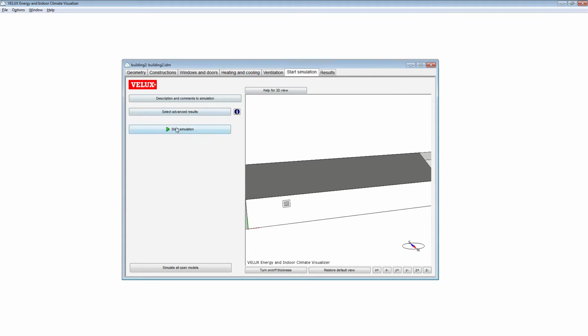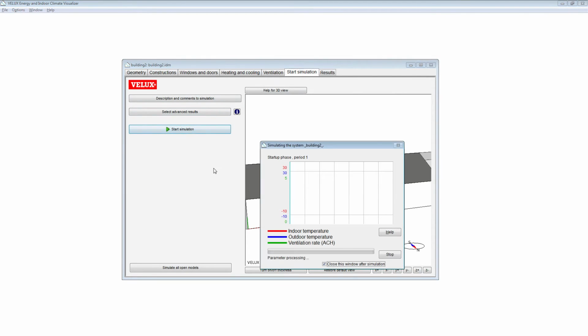In this tab we'll start the simulation. We just press this button. This is an hourly simulation, a dynamic simulation tool, and it is actually trying to optimize the amount of simulated points during the entire year. It's simulating for 2015 here, from the 1st of January to the end of December.